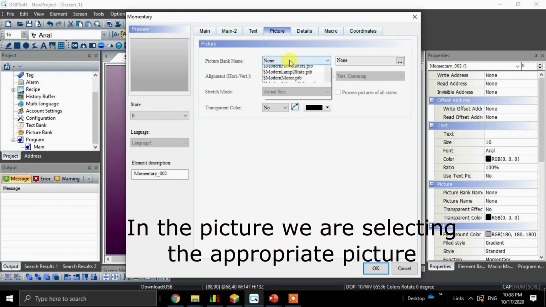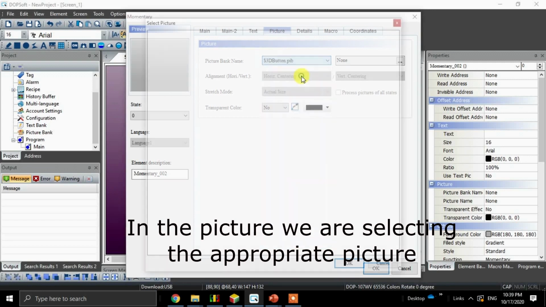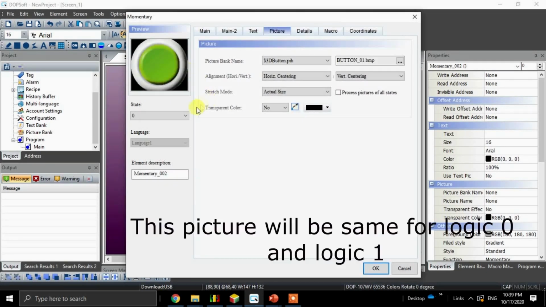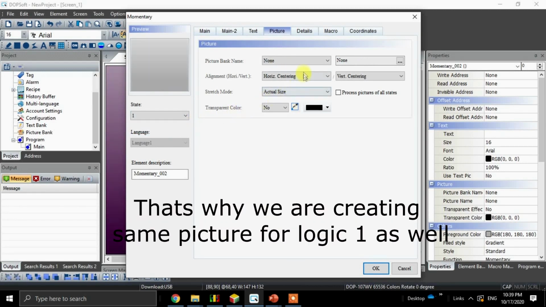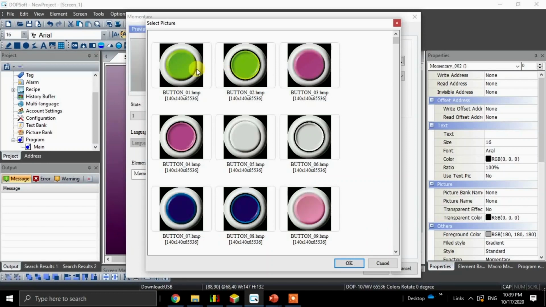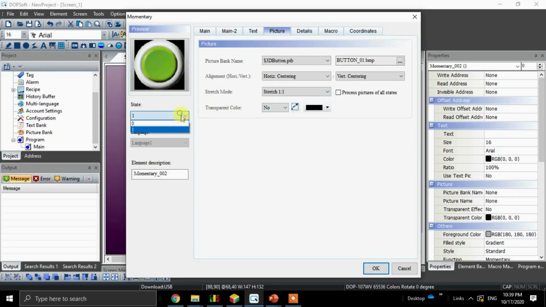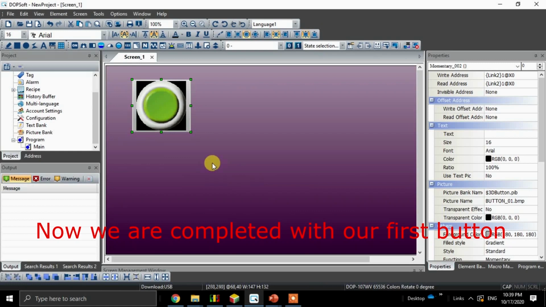In the picture, we are selecting the appropriate picture. This picture will be the same for logic 0 and logic 1. That's why we are using the same picture for logic 1 as well. Now we have completed our first button.